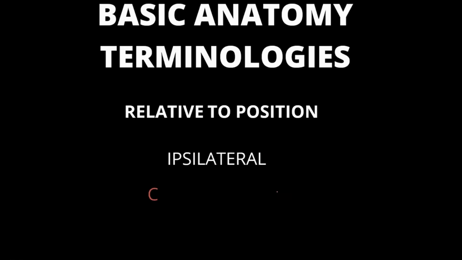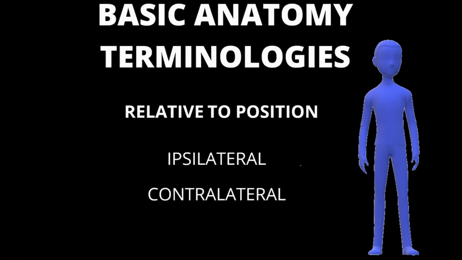Next, we also have the ipsilateral and the contralateral. When you say ipsilateral, it is found on the same side of the body. While when you say contralateral, it is found at the opposite side of the body. So an example will be if there is a fracture